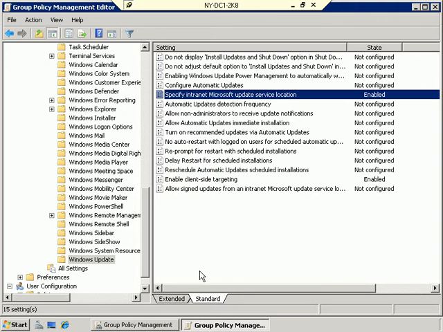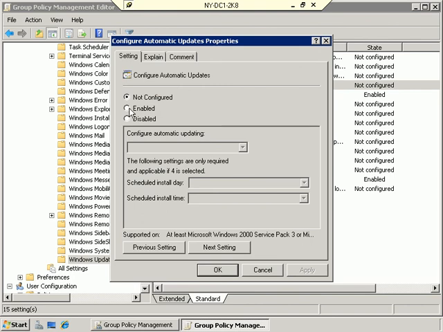The next thing that we have to do is go to the setting right above it that says configure automatic updates. See, this all by itself just means that clients are going to use the WSUS server, but we may still be set on manual where users would actually have to go to Windows Update on the Start menu to get there. So under Configure Automatic Updates, we go ahead and double click, enable automatic updates, and then we need